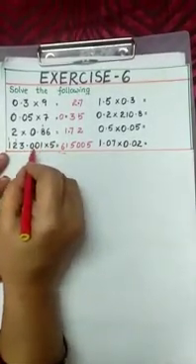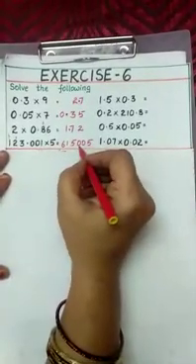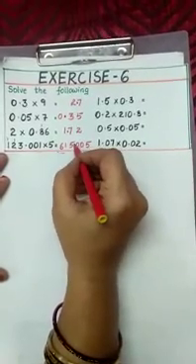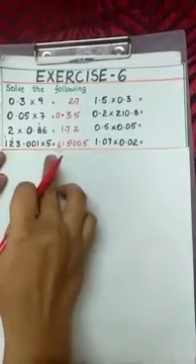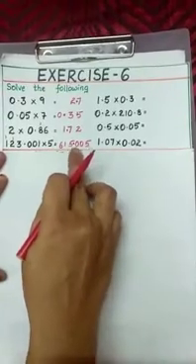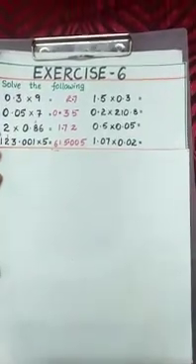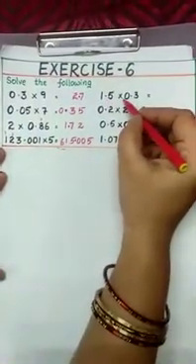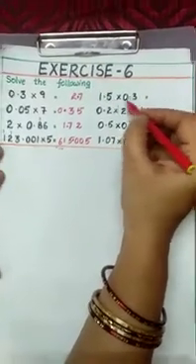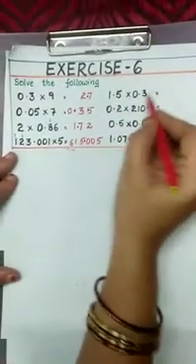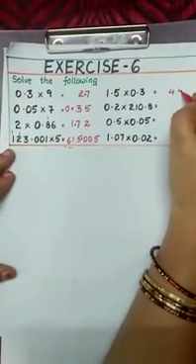Now here after decimal we have three places. So count three places from right. 1, 2, 3. Then place the decimal here. Then the product is 615.005. The next one is 1.5 into 0.3. Both are decimal numbers. But you multiply only whole numbers. 15 threes are 45.